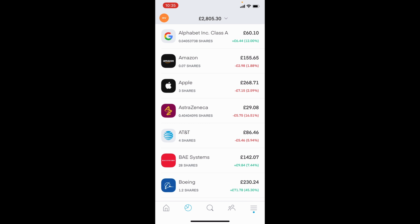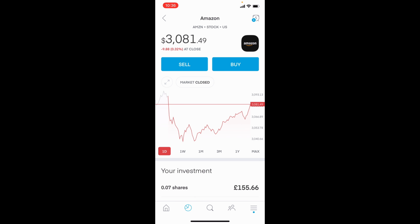I'm currently invested in Alphabet Group, and I own 0.04 shares in the company, which equates to around £60. Currently up around 12%, or £6.44. Amazon is the next company, and as you can see at the moment I am down on Amazon around 2%. So we'll hop into Amazon and take a little bit more of a look at this. You can see at the bottom of the screen that I own 0.07 shares in Amazon, which equates to